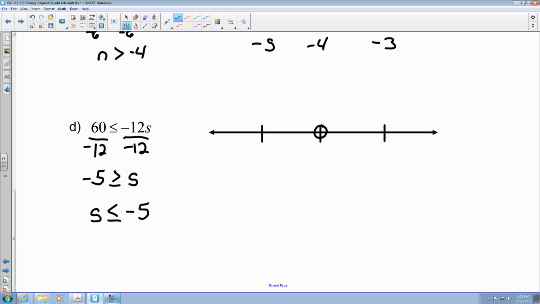So again, this is a closed circle because of the less than or equal to, that's negative 5. This would be negative 4, and this is negative 6, and it is pointing towards the right-hand side, so we are going to